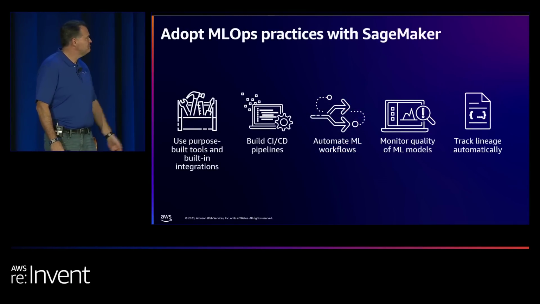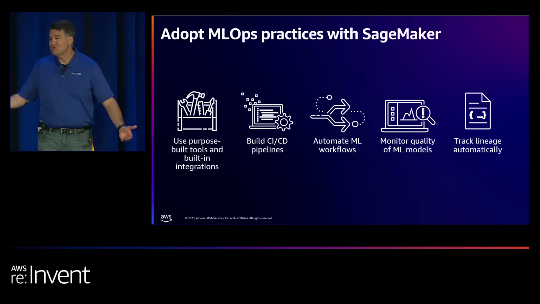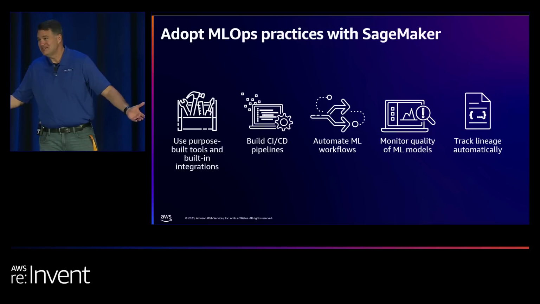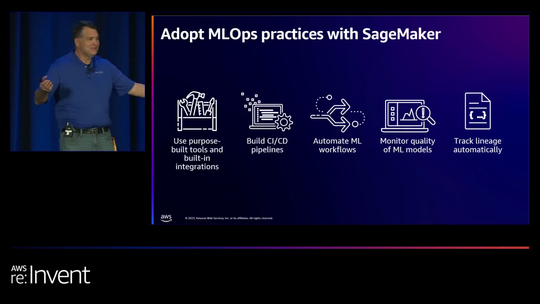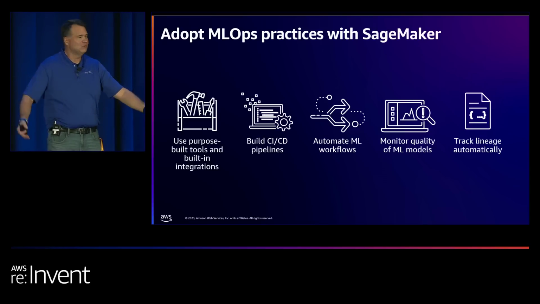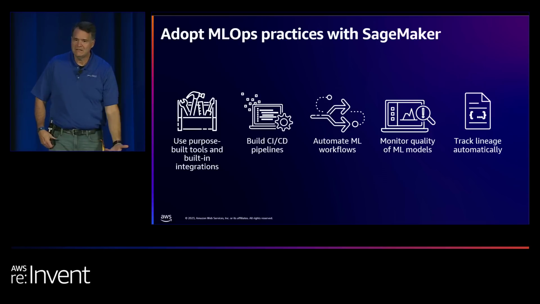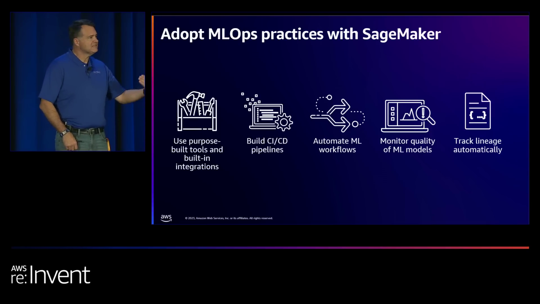So use purpose-built tools and built-in integrations. Again, cool is great. I hope you all use SageMaker Studio. I really do. I'd love to come to your site and train you on it and use it. But use the tools that make sense for your org. Look at the CI/CD pipelines that you have. Automate your workflows. Monitor the quality of those models. Implement some kind of quality monitoring. Look at the tools that are out there that will help you to do that and to automate that, and